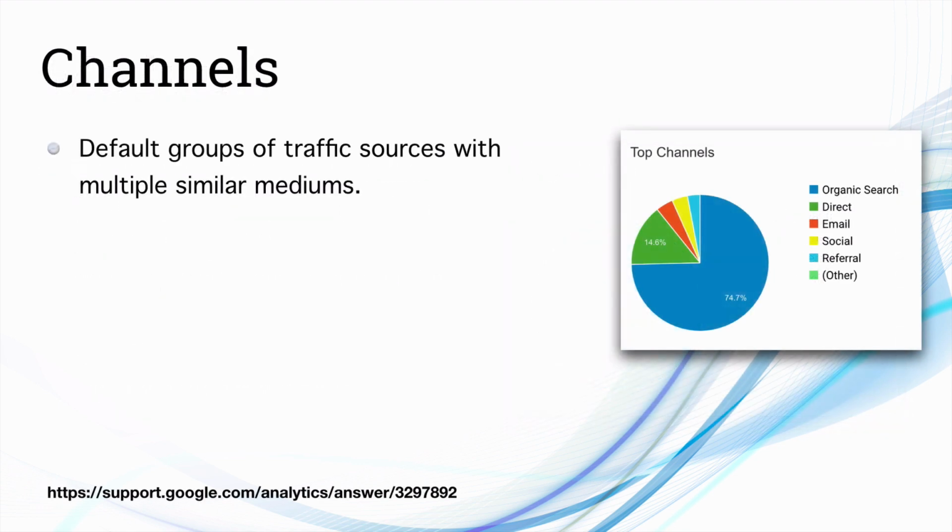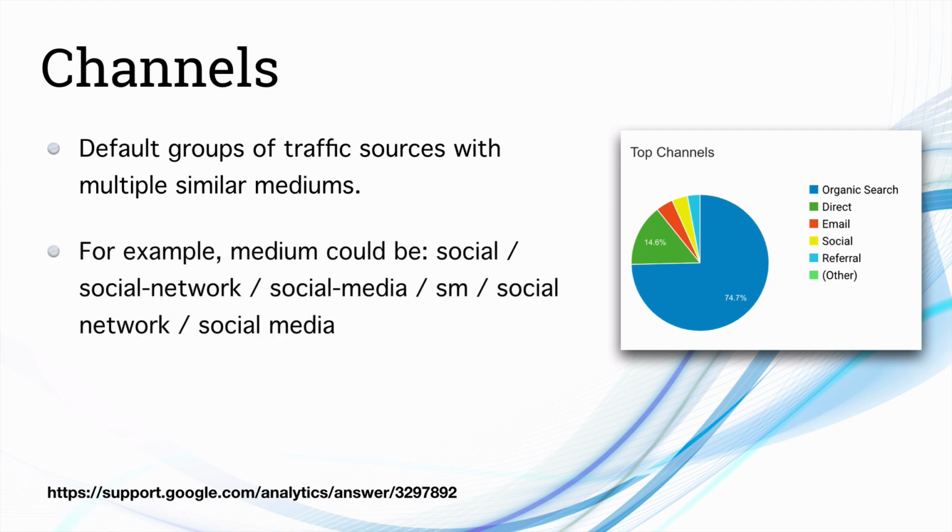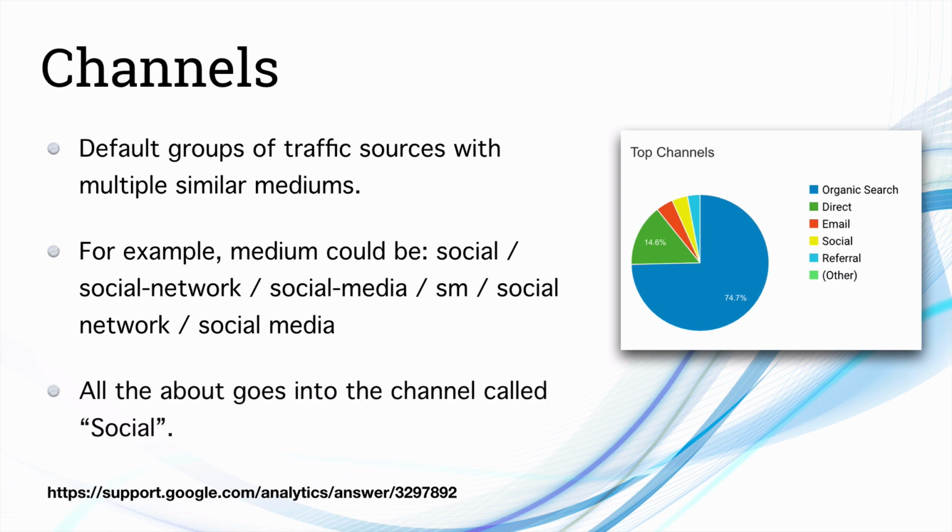Channels are basically default groups of traffic sources with multiple similar mediums, and channels are very standard and are developed by Google Analytics themselves. Here you can see the different channels on the right: organic search, direct, email, social, referral, other. These are the 6 different standard channels inside Google Analytics. So medium could be social, social network, social hyphen media, SM, or social space media. For all these mediums, Google is going to take the channel as social and